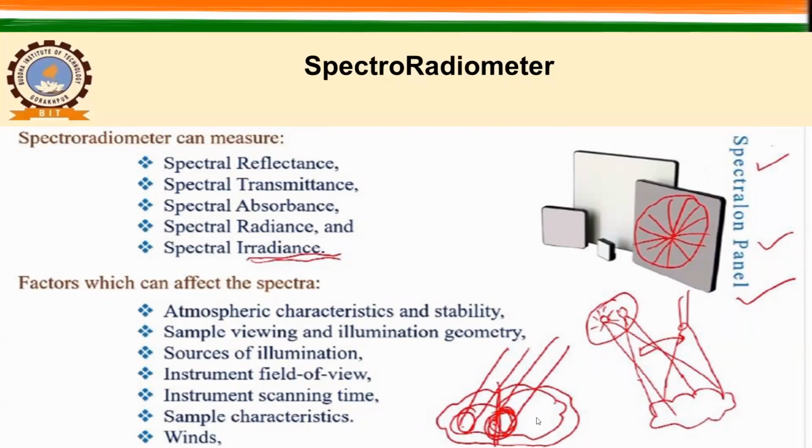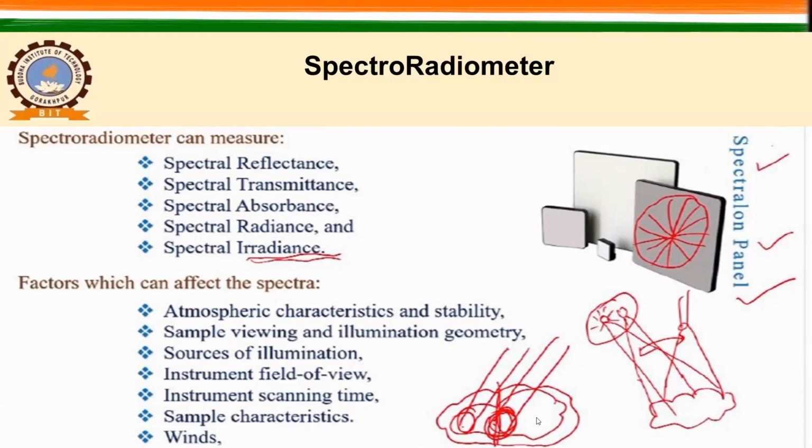Suppose this is one measurement, the next measurement will be immediately after that. Why? Because you will not have any gap between the measurements. That is why you are able to produce this kind of spectra. That is why we use this reflectance calculation for many wavelengths, and this is why we call it spectral reflectance.